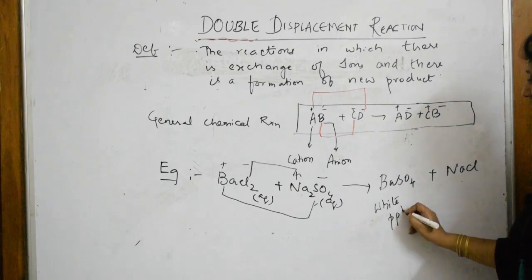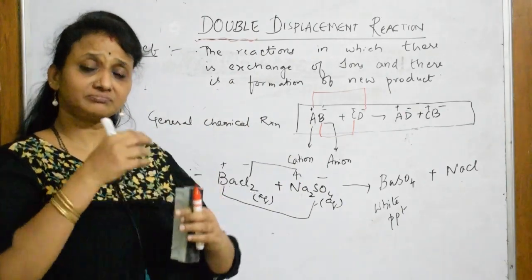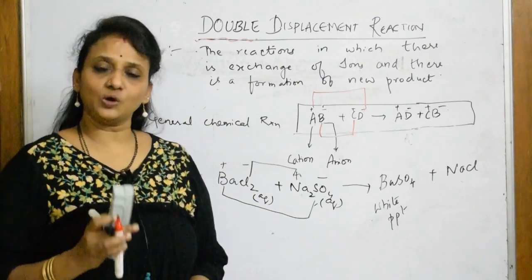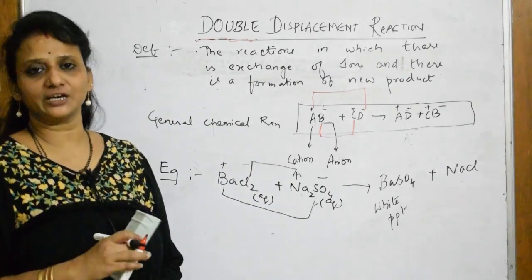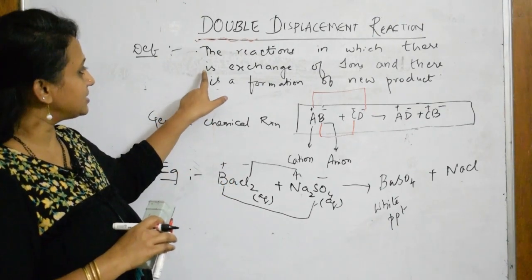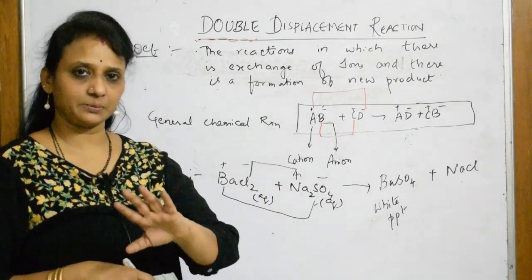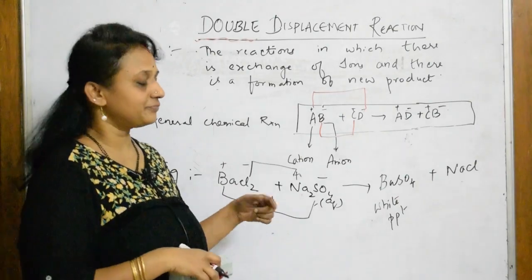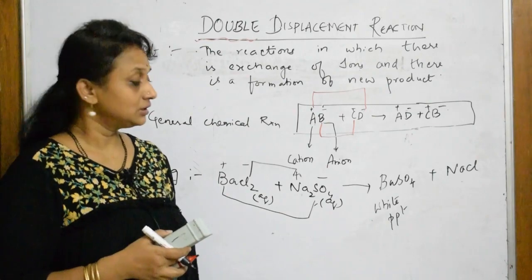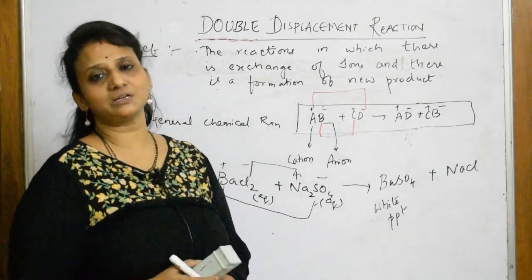Now basically, when I take barium chloride, colorless, and sodium sulfate, colorless, and mix both together in a beaker, and you see the formation of a white precipitate, you have to analyze that there is an exchange of ions. So once again let us come back. A double displacement reaction is a reaction in which there is an exchange of ions between two compounds, point number one, and where there is a formation of a new compound. Are you seeing barium sulfate anywhere here? No. So barium sulfate is a new compound which is formed. So this is how it is a double displacement reaction.